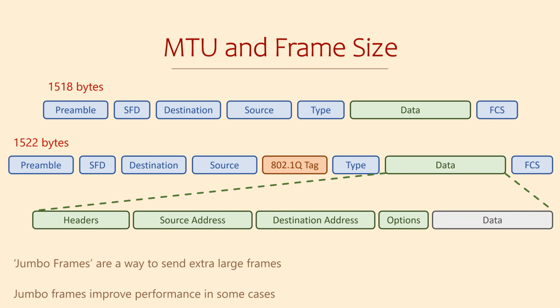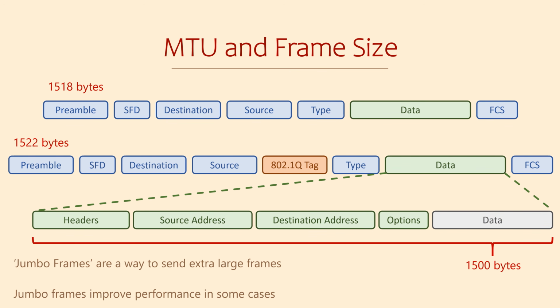So as mentioned, inside the frame we have a payload, which is probably an IP packet. This, in turn, has its own headers and a payload. The largest IP packet, including payload and headers, that an interface can send is called the MTU, or Maximum Transmission Unit. As I said before, this is 1500 bytes by default. On a rare occasion, we might want to change this value. For instance, if a device along the path somewhere can't handle a packet this big. Or we might use a technology that adds more headers to the packet or frame, which leaves less space for the payload. We'll see an example of this when we look at VPNs later in the series.